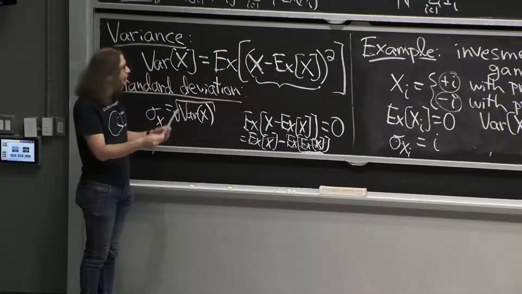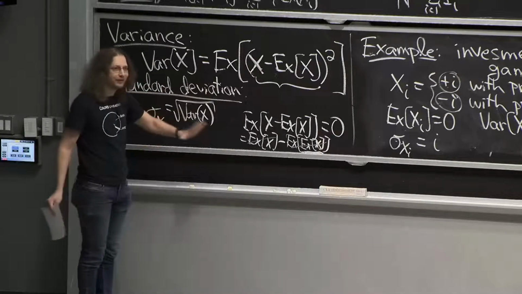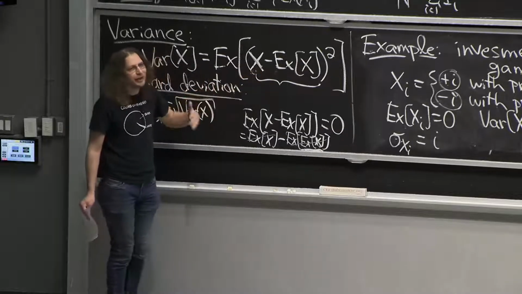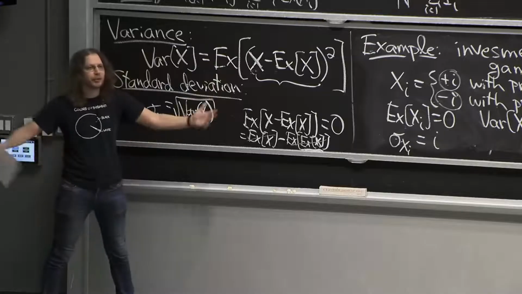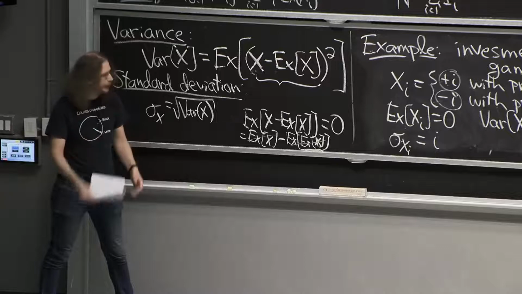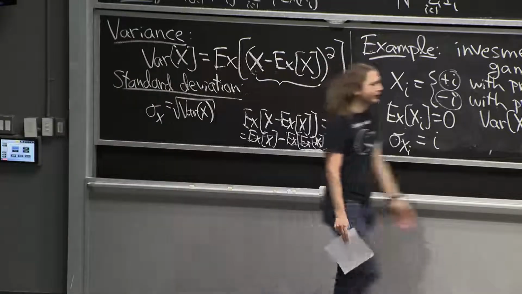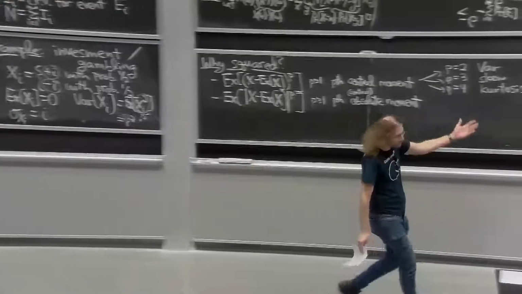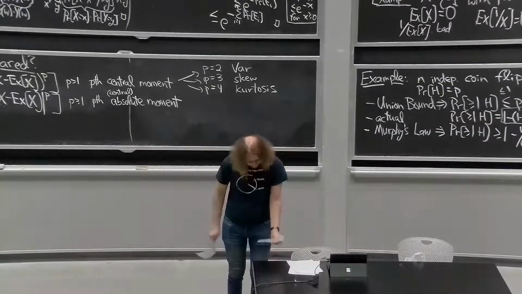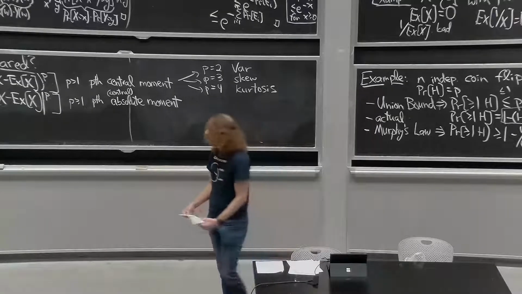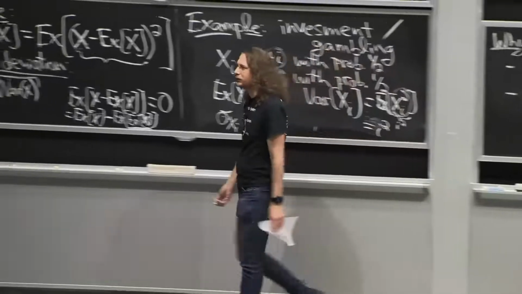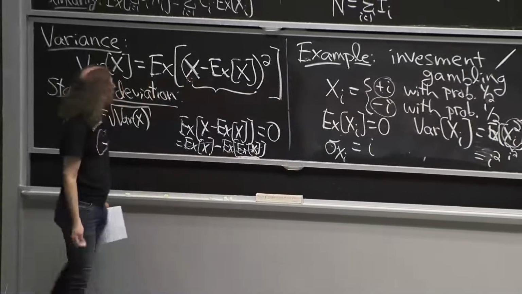There are some other reasons. In the statistics world, if you know that x is normally distributed, which is actually kind of common even in our world, if you take a sum of a bunch of Bernoulli trials, which are coin flips, you get a binomial distribution. Then there's something called the central limit theorem that says that's very close to a normal distribution. Normal distribution is the Gaussian bell curve.